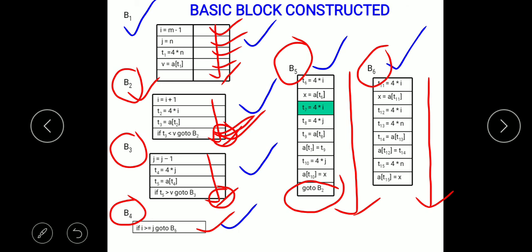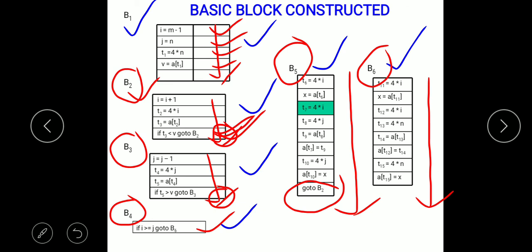Before starting flow graph, I am reminding you what a basic block is. A basic block is a sequence of intermediate code. It has a single entry point and a single exit point. Next point about basic block: all statements of a basic block are executed in linear fashion. Third point, there could be a conditional or unconditional go to statement in a basic block, but it would be the last statement of the basic block.